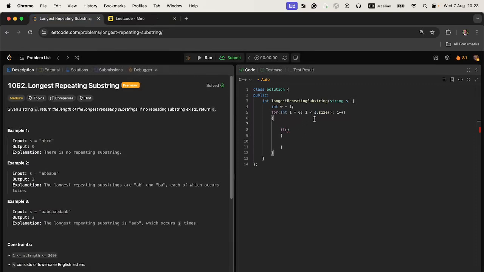So first, let's start extracting the sliding window. So let's call this candidate. So we're going to do a substring